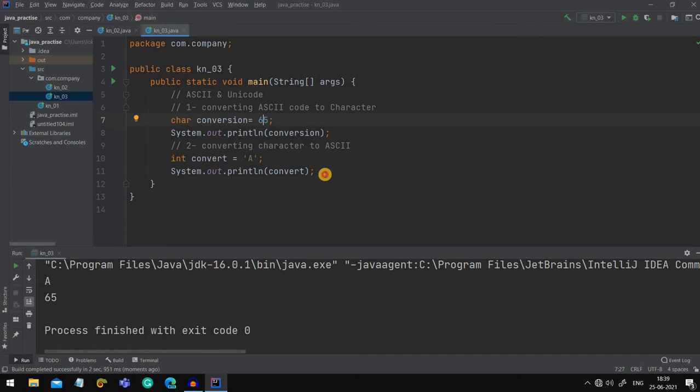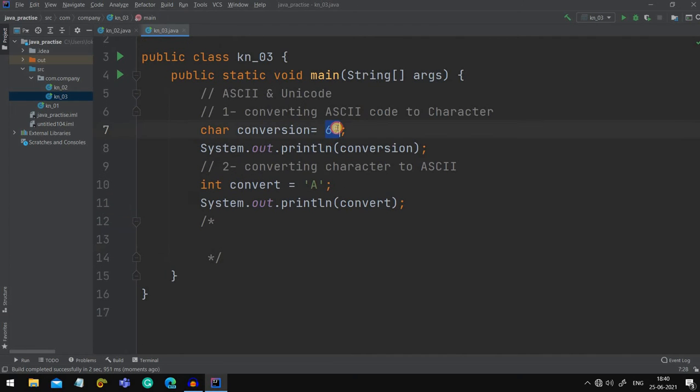Now let's understand the principle of how it is happening. Let me make a comment to make you understand. See, Unicode and ASCII code. Let us forget about Unicode first of all. Now let's know about ASCII code. ASCII code is only using numerical values, as you saw here. It is only using numerical values to give your characters a specific identity in the computer system.